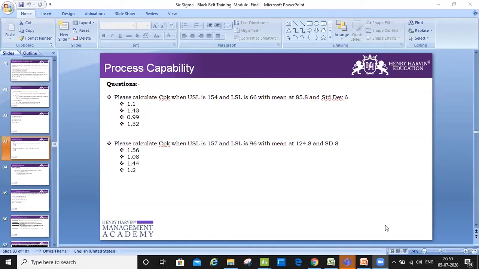I can't say while doing it, because we have just taken an example here using RANDBETWEEN, but we will never be doing it because we will always have some data to calculate CP and CPK. We have just done it for an example, but if you have ever tried this and were able to do that, you can share it with us offline, and then we can take that into consideration. But this is just an example. We would always be doing it for the actual data that we have.